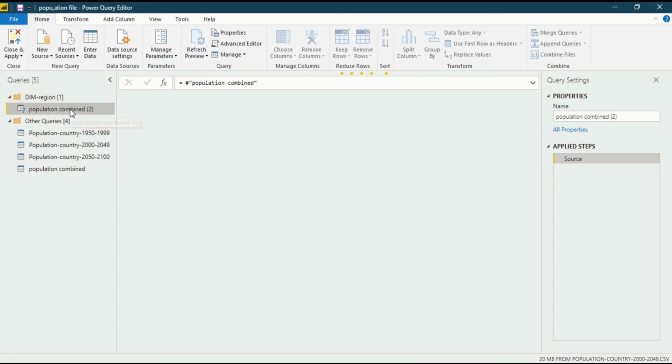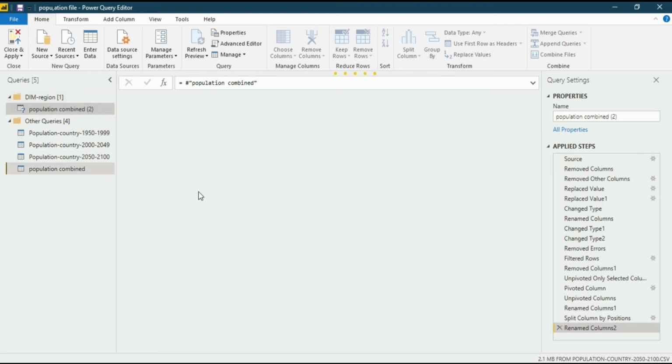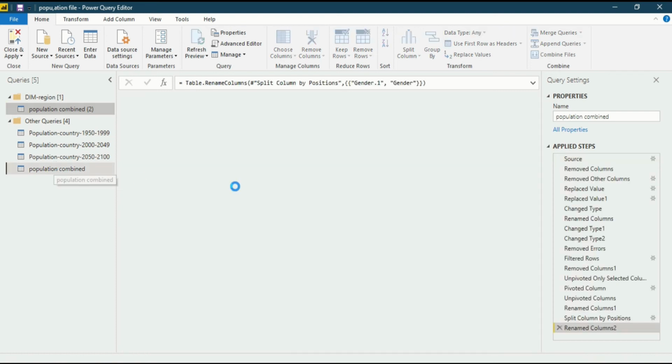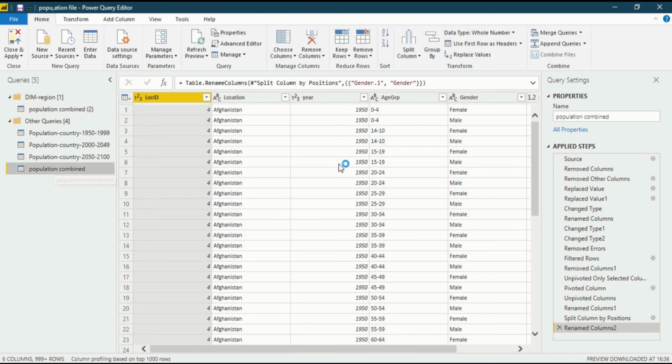It will take a few seconds more to see that the file we created is a reference file of this file. So now you can see the difference, because as I have created a reference table, you can see the source file here, with no applied steps, which can be seen in population combined, because the population combined file will become a reference for it.